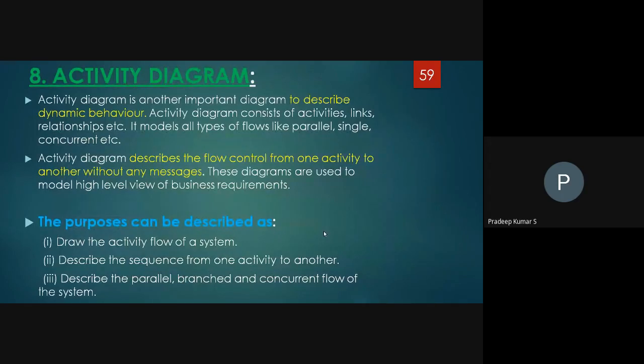So here there are the state chart diagram and the activity diagram. The activity diagram is also a flow chart representation. But what is the difference between the state chart diagram and the activity diagram? Listen, students, next class I'm going to ask some questions regarding the UML diagram. Please go through it, especially my PPT presentation, don't forget. It's very easy to learn, and very easy to attend the university examination.